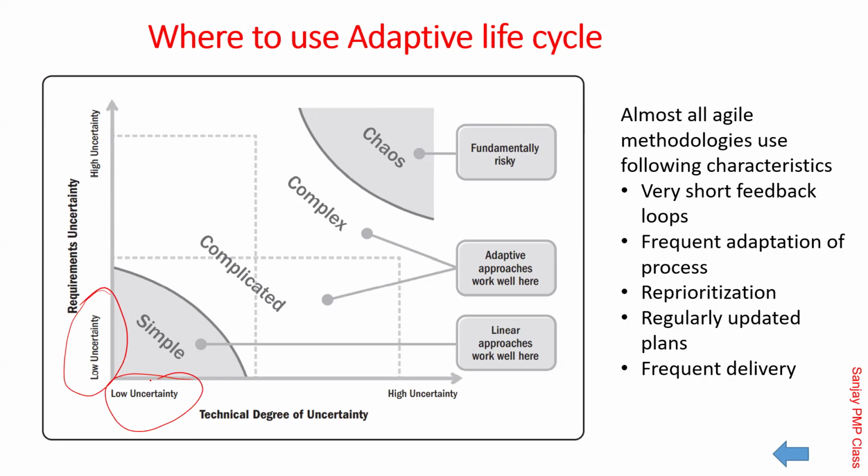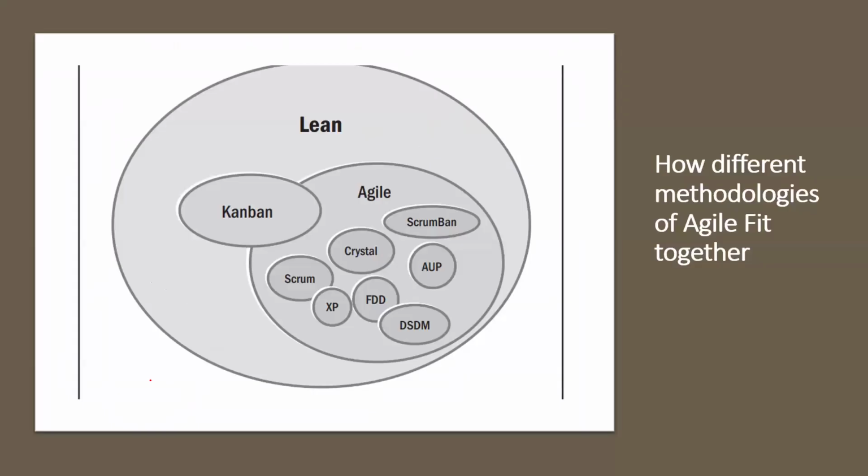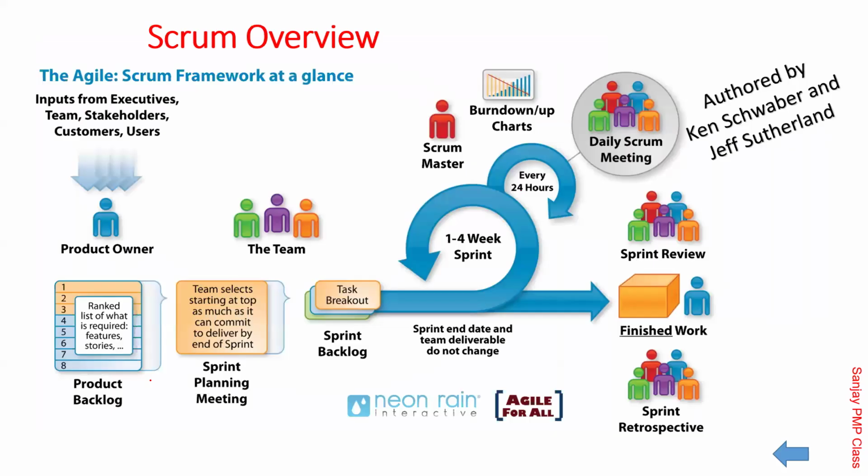Remember, don't say that everywhere you should switch to agile. Not necessary. In certain situations, just to save cost, you might as well decide to do the predictive life cycle, or waterfall. Where does the whole thing fit? From lean, then below that a big umbrella called agile, and under agile, so many methods. This is where we have spent a good amount of time.